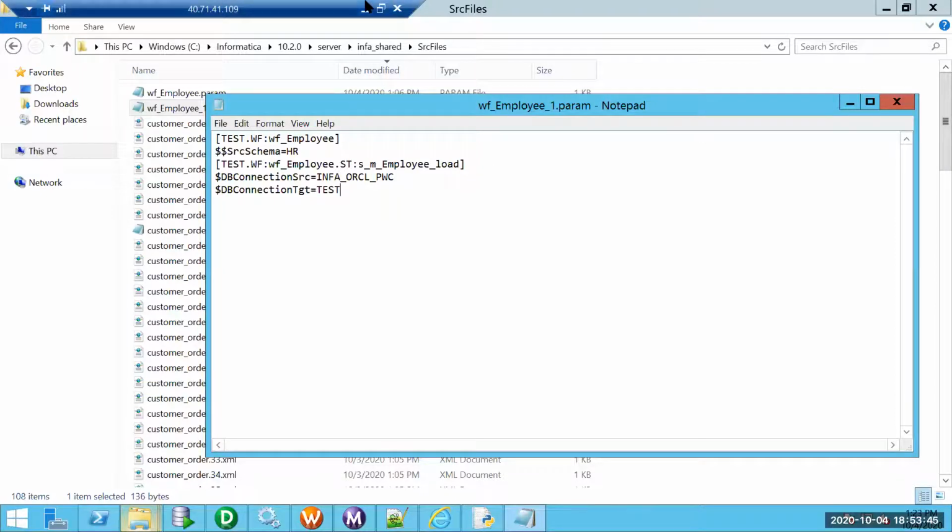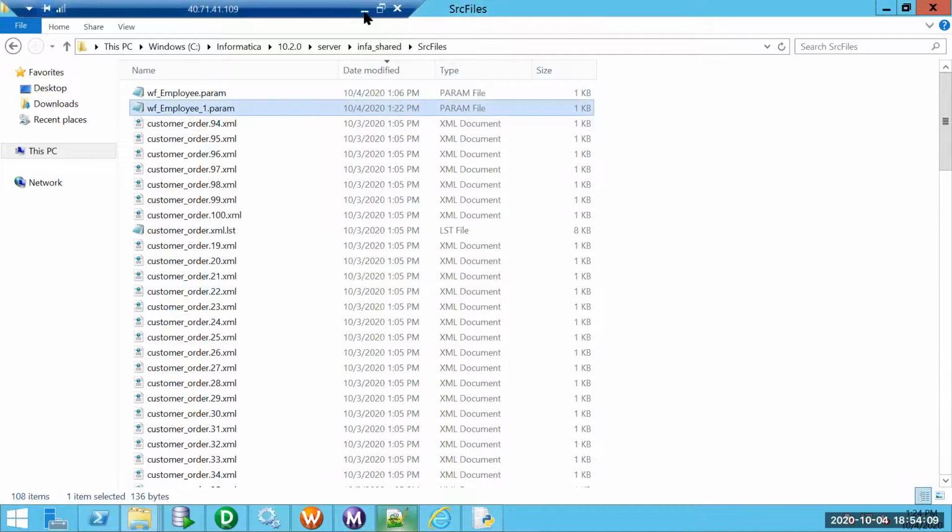If you have a worklet, we need to say WT. The worklet will be included in the workflow, so it is folder name dot WF colon workflow name dot WT followed by worklet name, and then dot ST session name, and so on. That is how it needs to be defined.